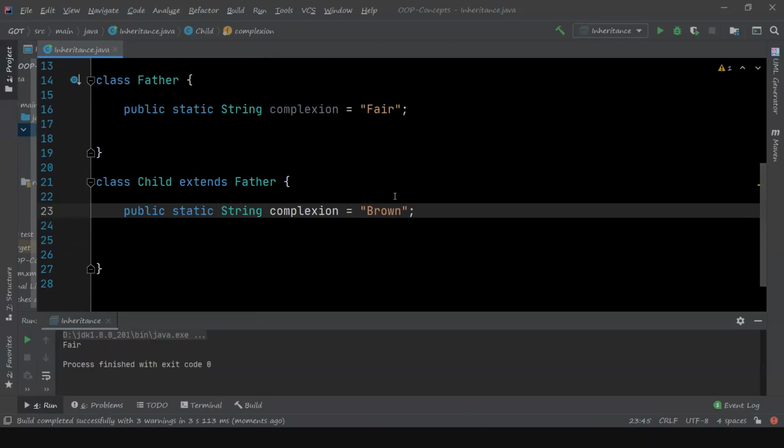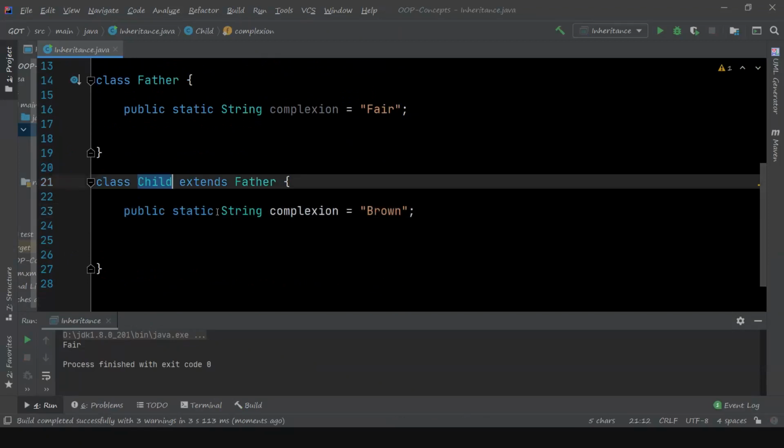So it is actually inherited, but it is statically bound to that particular class during compile time. That's how it works.